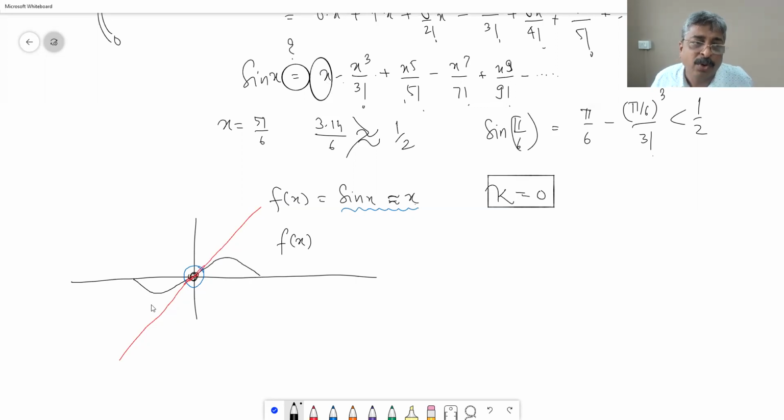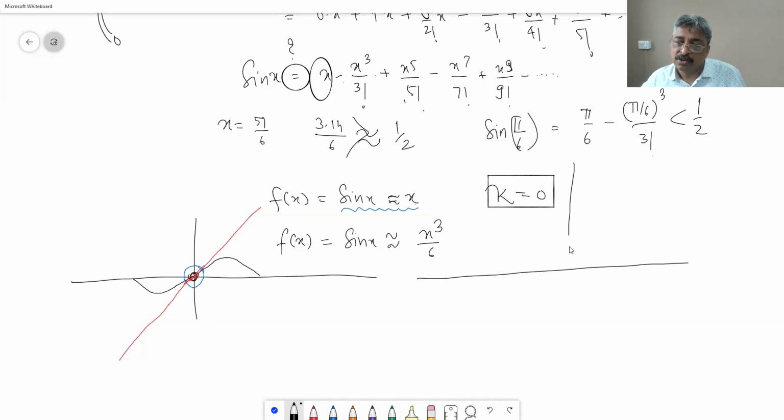And that is why we have been drawing graphs to scale. The slope of the tangent at x is equal to 0 is supposed to be 45 degrees, slope is supposed to be positive 1, and therefore the graphs need to be drawn proportionately so that the tangent at x is equal to 0 has slope 1. Fair enough. You are not happy with this approximation? No problem. Let us take the second term. Sin x is approximately equal to x minus x cubed by 6. 3 factorial is 6. And now recently I think we have learned how to draw x cube.